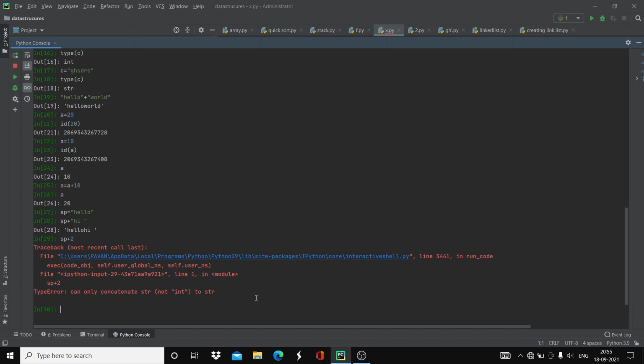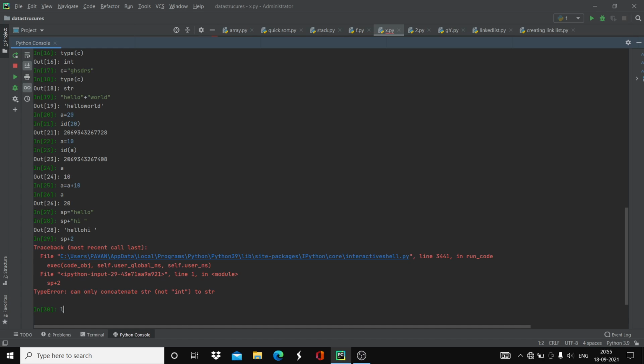Now what is the next concept? Let's see what the basic data types are, like what are the basic things in Python. For example, the most basic data type is list. How to define a list is very similar to an array, but there will be some changes in it.